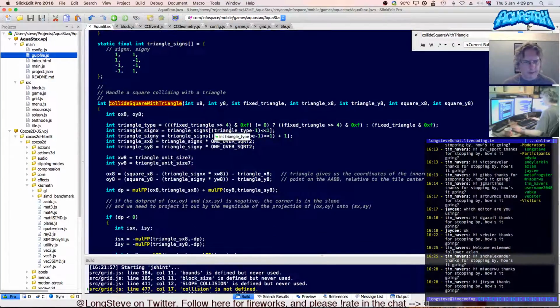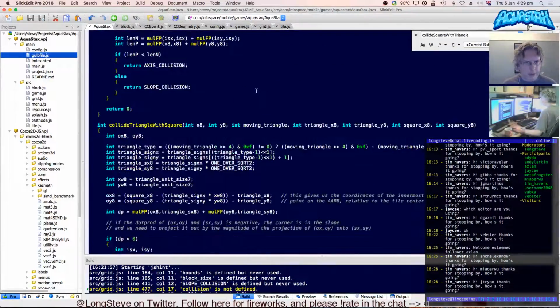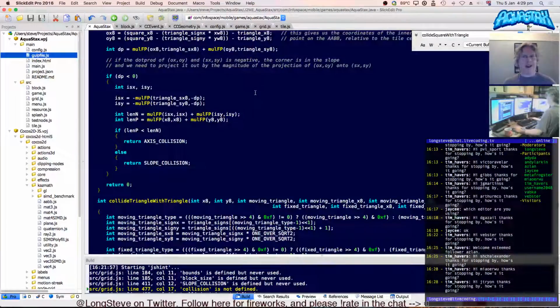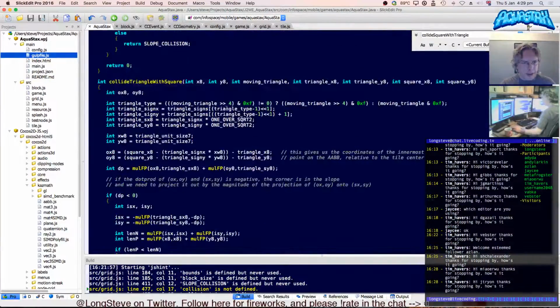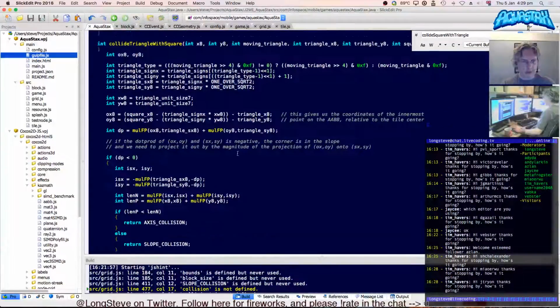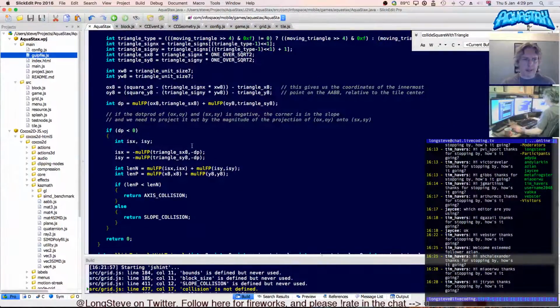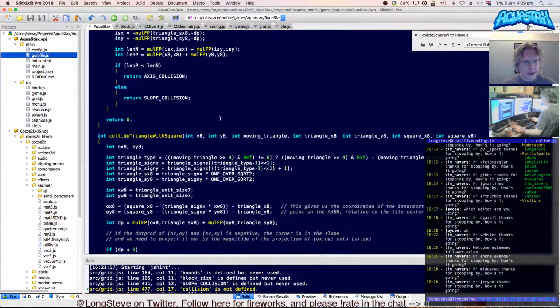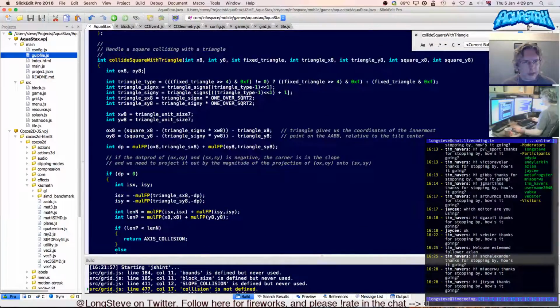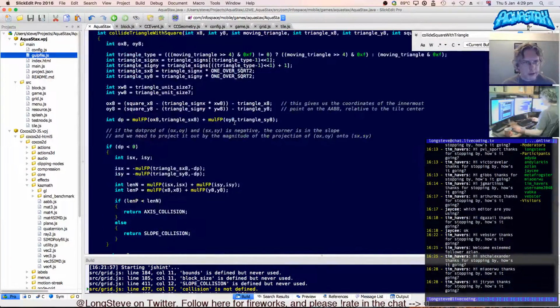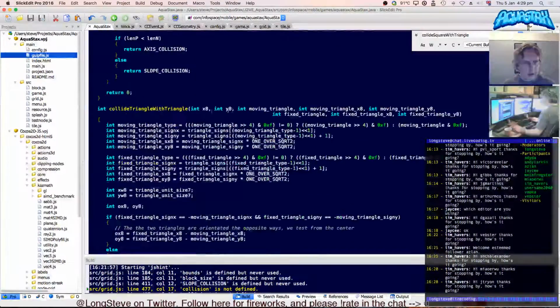I must have been rather stressed when I wrote this because I just copied and pasted it and changed a few signs around. I wasn't careful enough to write it properly, but it's definitely using the separating axis theorem, which uses the dot product to determine whether or not a point is within or one side or another of a plane, and those lines being the corners at the edges of the triangle. And it uses collide square with triangle, collide triangle with triangle, and you'll notice that, so this is collide triangle with square, and collide square with